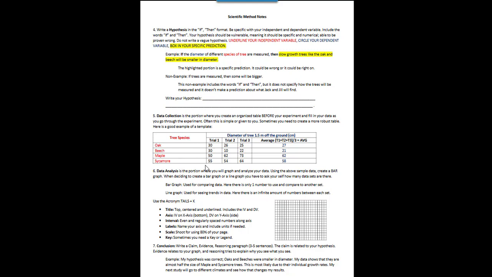So you're going to graph tree species, and I'm going to graph the average diameter of the tree in centimeters. I want to put my independent variable, that's tree species, along the x-axis, and I want to put my dependent variable, which is the diameter of the tree, along my y-axis. Now, if I'm going to make a bar graph, I need to understand,